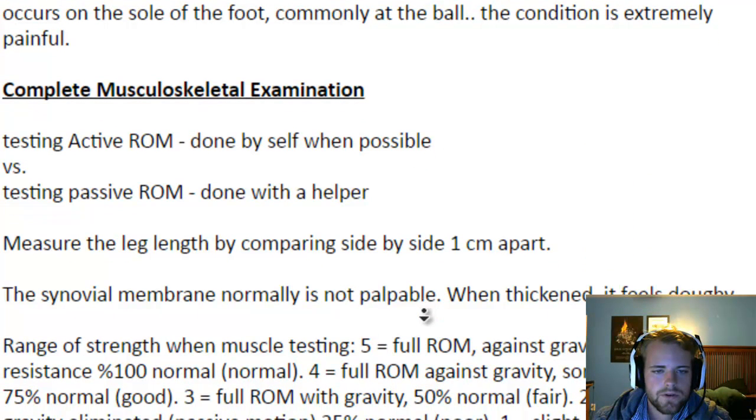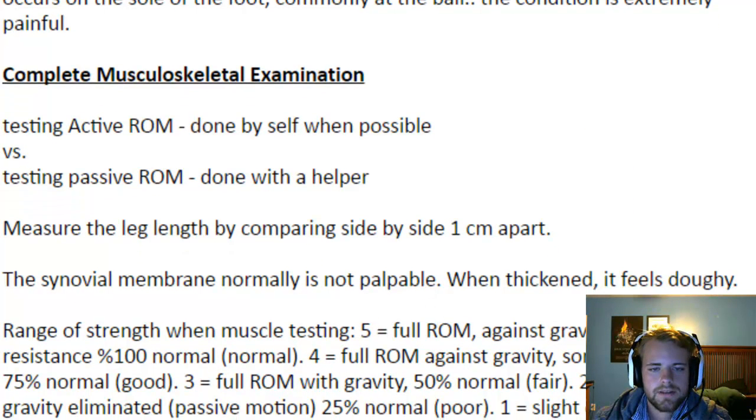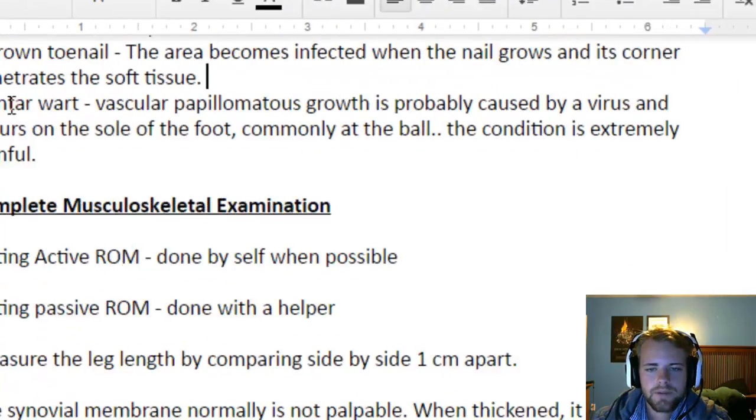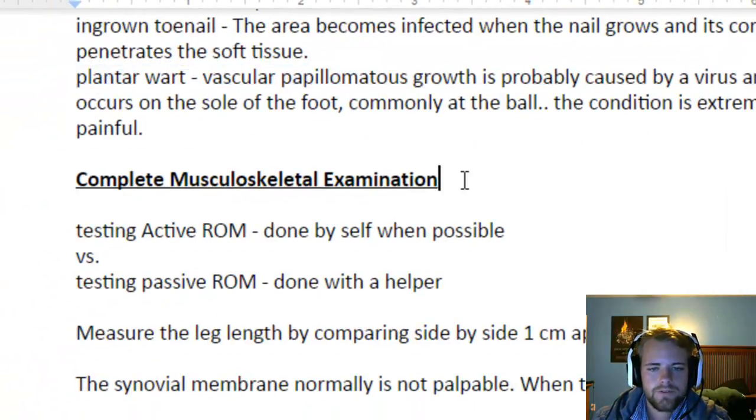Ingrown toenail, the area becomes infected. The nail grows inwards to the skin. Plantar wart is a vascular papillary growth and is probably caused by a virus. Occurs on the sole of the foot, commonly at the ball. The condition